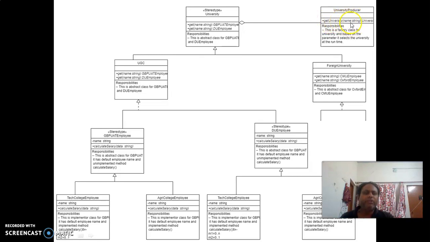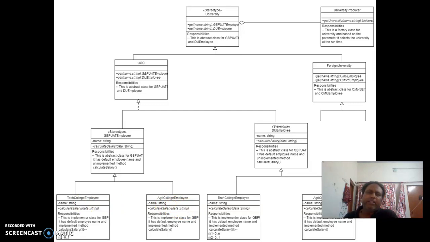By this get university method, he can get n number of universities from India or abroad. So he can get GPPIT employee, DU employee. By that, he will have access to UGC. By using the UGC, he can go up to GPPIT. From that GPPIT, based on the name which he has entered, he can invoke either the tech college employee or the agriculture college employee.